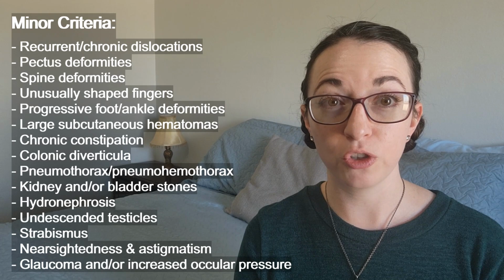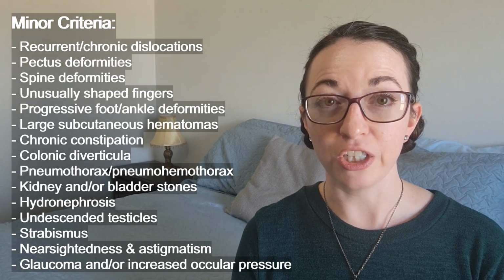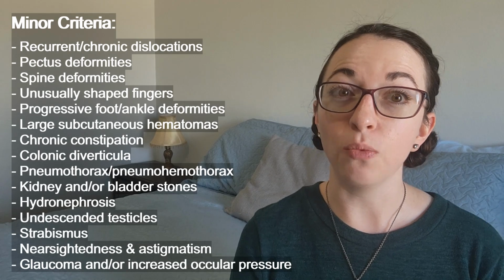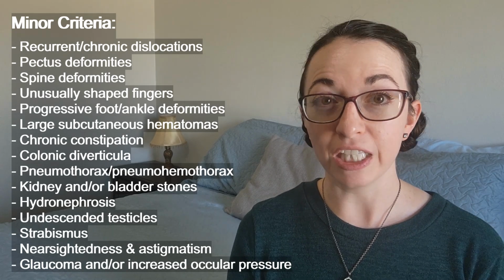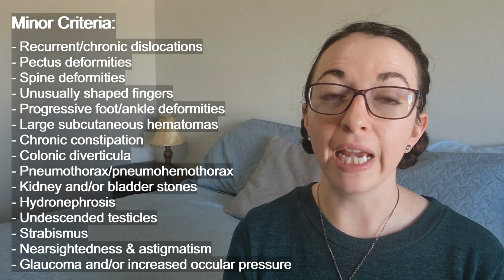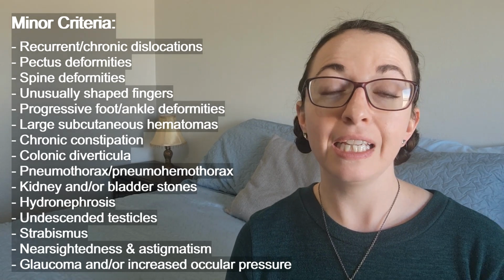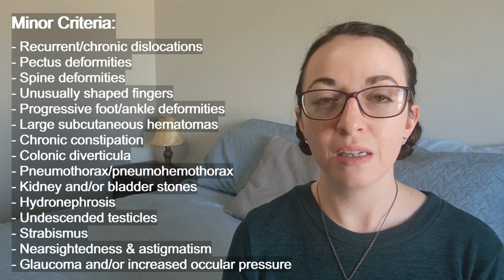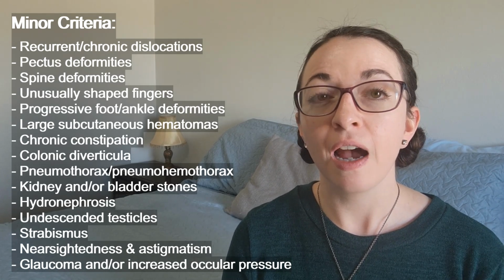chronic constipation, colonic diverticula, which are little pouches that form in the walls of the large intestine due to weak tissue, pneumothorax and or pneumohemothorax, which is when air or both air and blood leaks into the space between the lungs and the chest wall, causing the lungs to collapse, kidney and bladder stones,